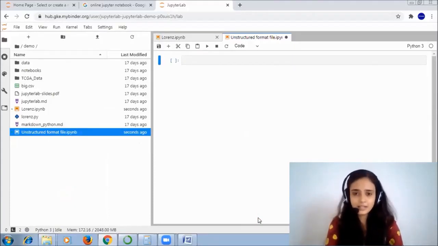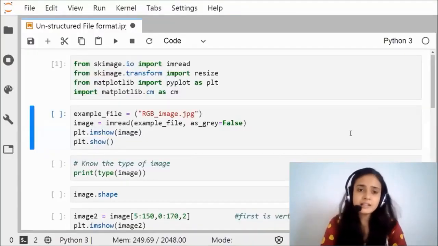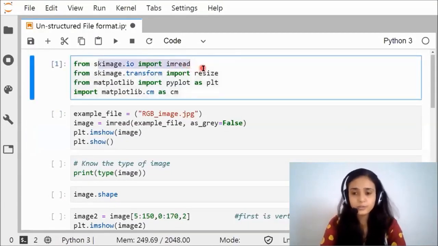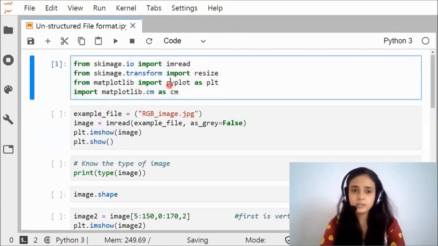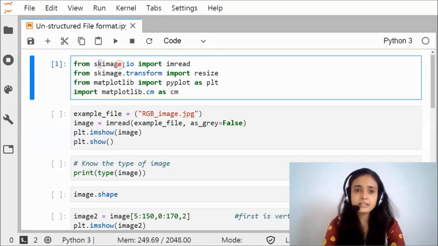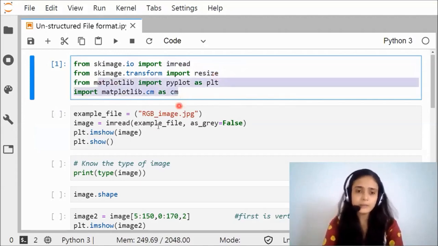Now we will see the code related to the image. So we have to import one library, that is skimage.io. So you have to import this library, that is skimage, and from that I am using the imread function, resize function, and I am importing the matplotlib library.